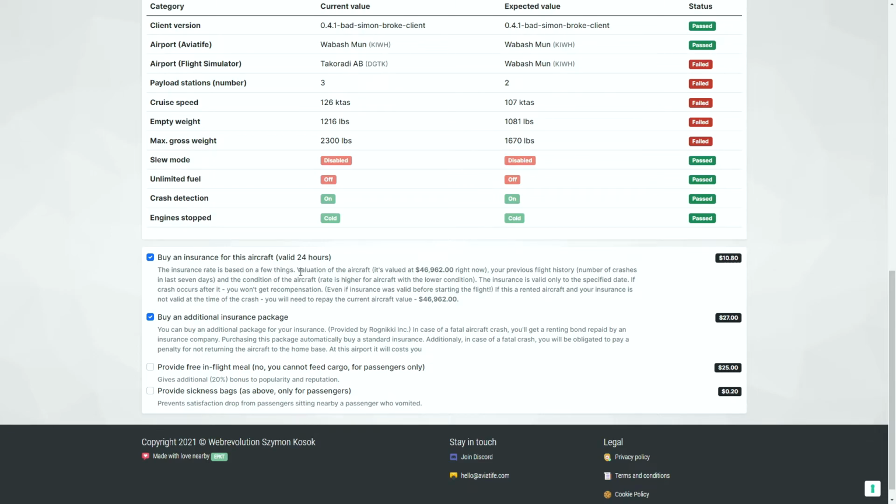The insurance package, which is valid for 24 hours, which means you only need to select this once every 24 hours, will cover the compensation for the cost of the airplane, as well as the additional package will cover the cost of the renting bond returned to you,